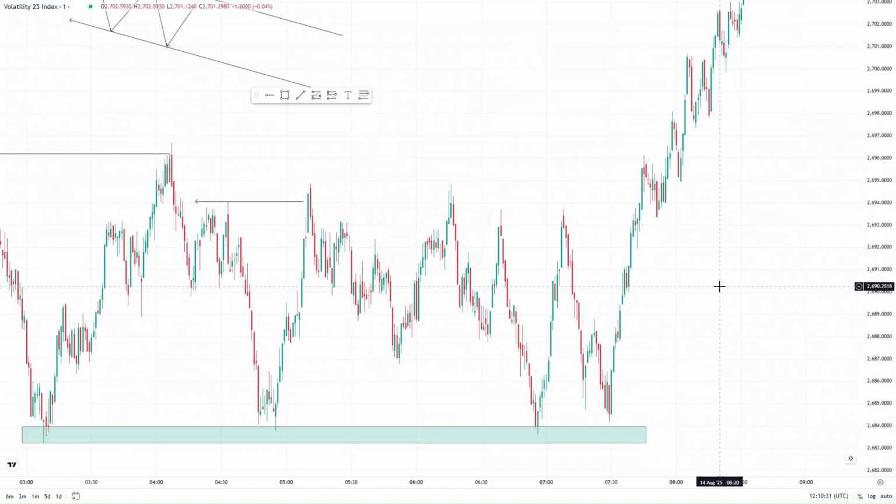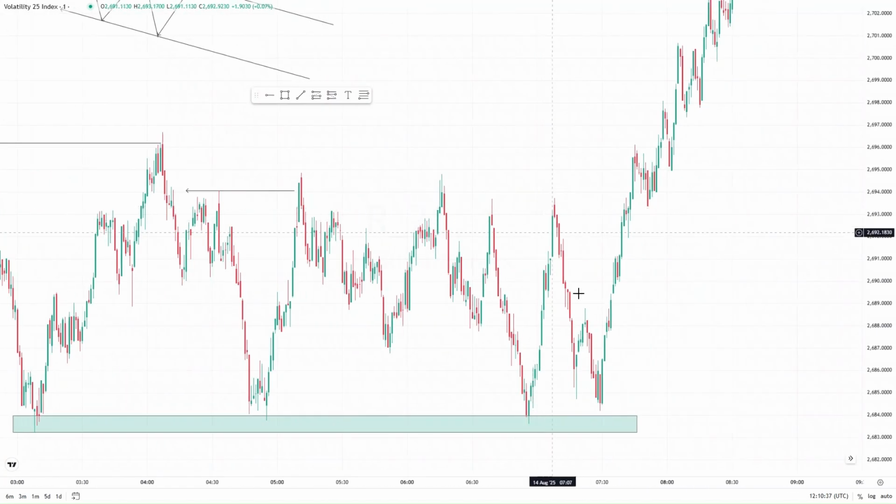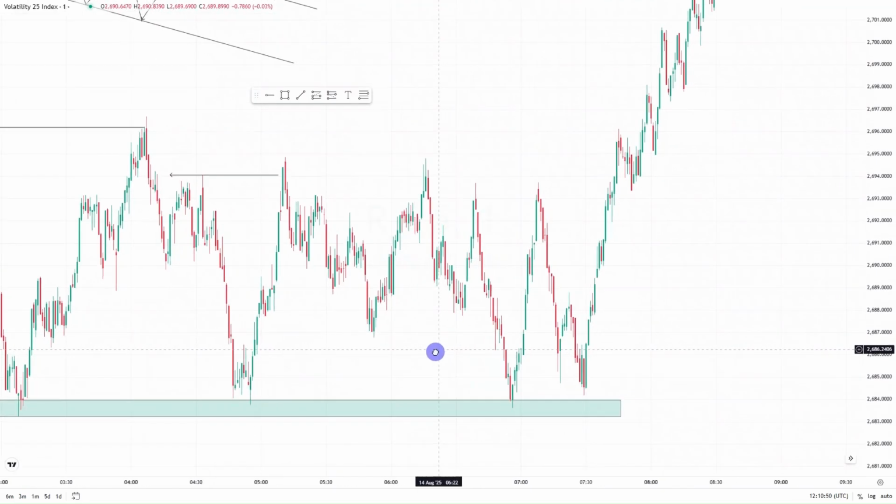So logically we would expect price to go higher, right? But just because we're seeing that price has rejected here, it doesn't necessarily mean we have to just trade because we saw that first rejection. No, we would want to draw out